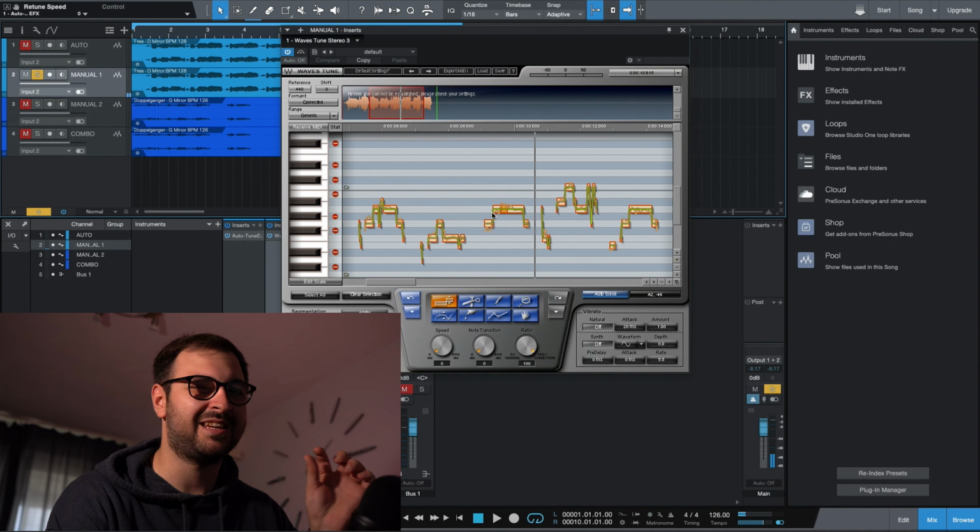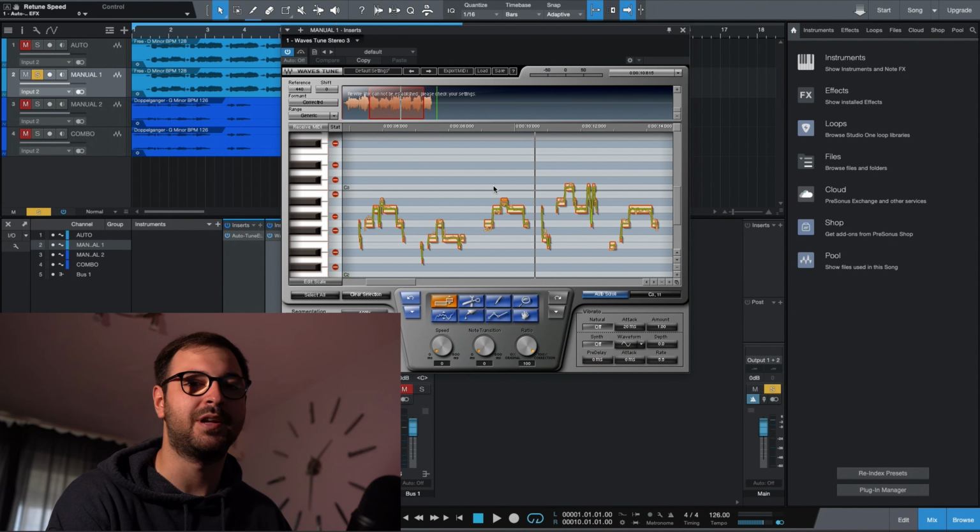See, you can hear the difference. Maybe in this case it's not the best decision, but you can do that. You have more control over the notes, over everything. Obviously it takes longer, it's more complicated than the automatic one, but the results are better overall.